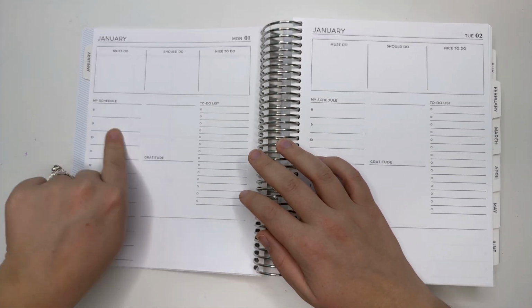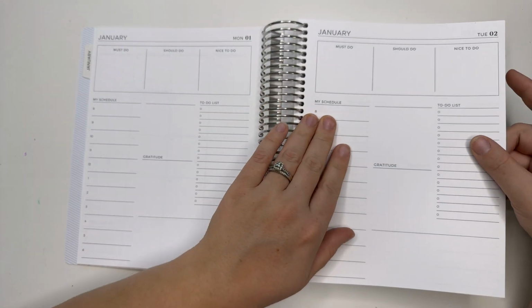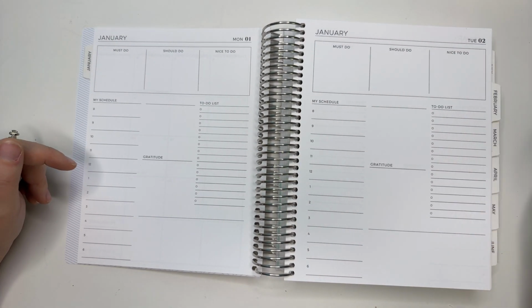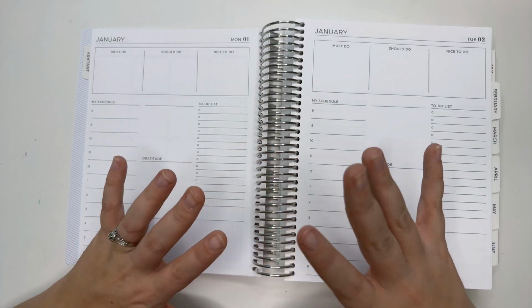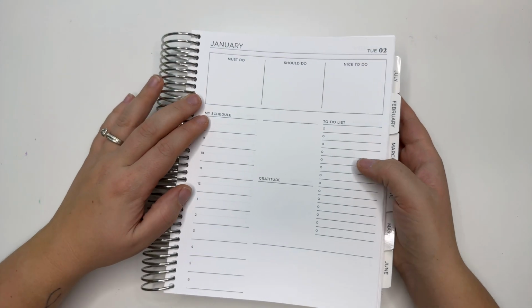And I may plan ahead, like do all of these daily pages for January at one time, so that each day I can just turn the page and flip it over so that I can keep track of what needs to get done. So each day, this planner will more than likely sit folded in half on my desk,